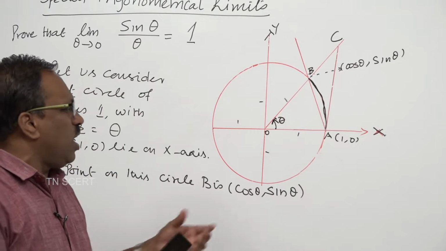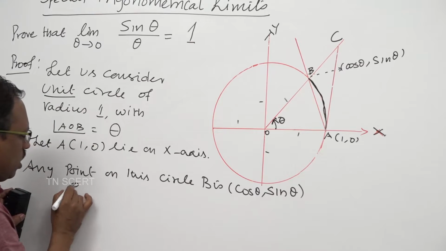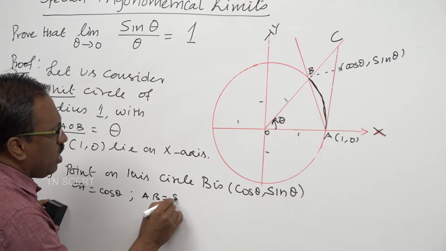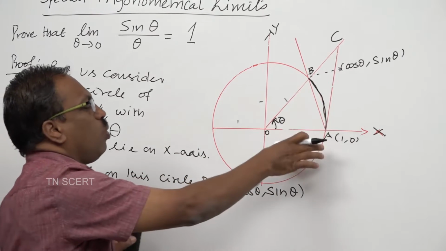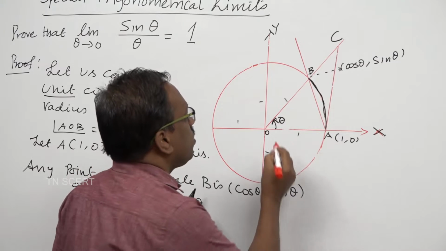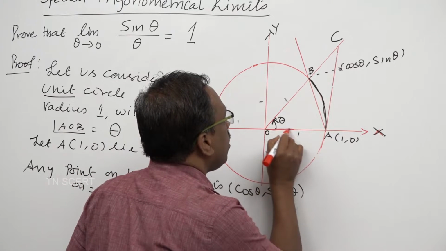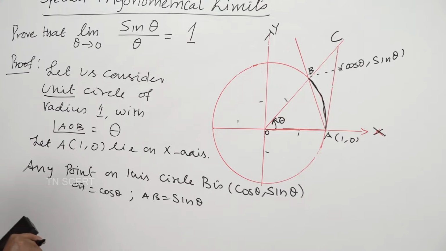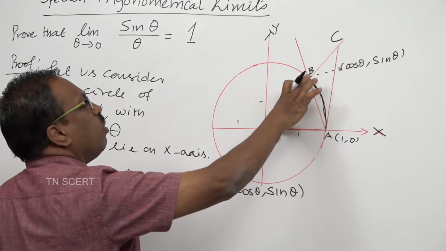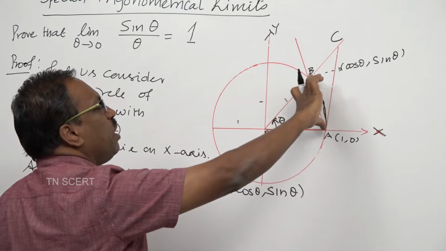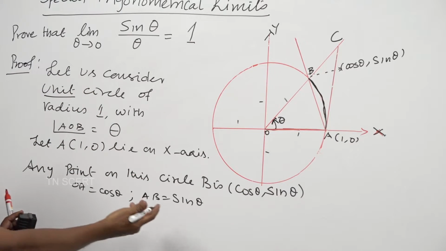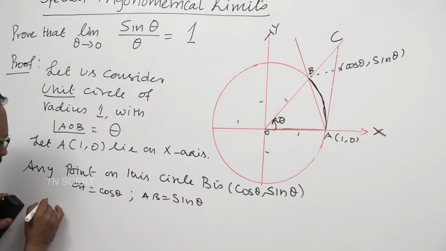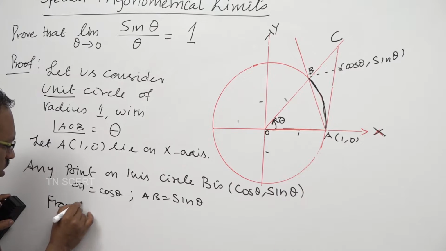So now this OA is cos theta, remember that, and AB is nothing but sin theta. You should know each and every part. Now, let us take OA by OB, that is cos theta, and AB by OB, that is sin theta. With the help of that only we got this. Okay. By seeing this diagram,